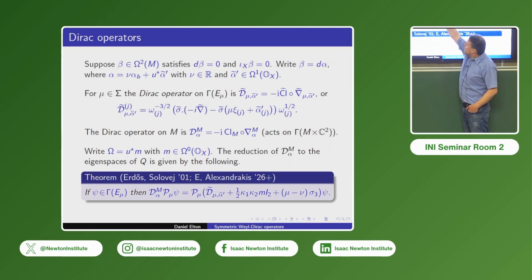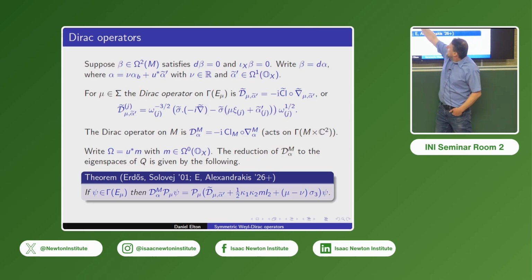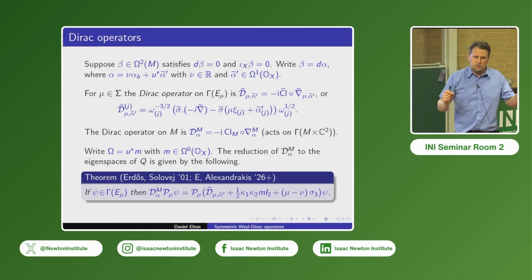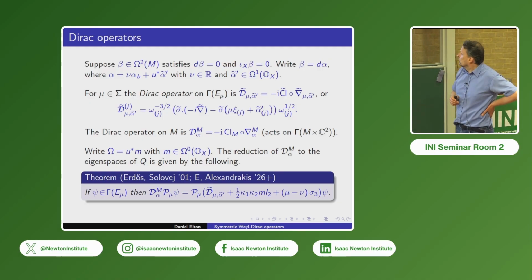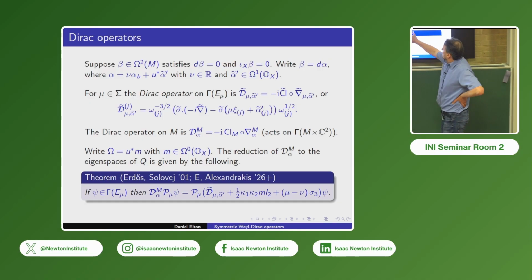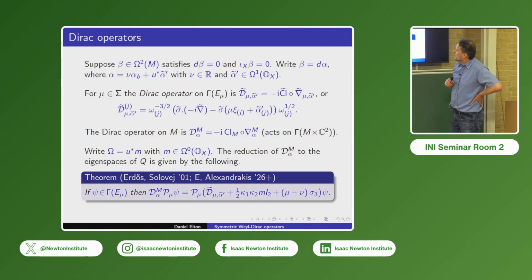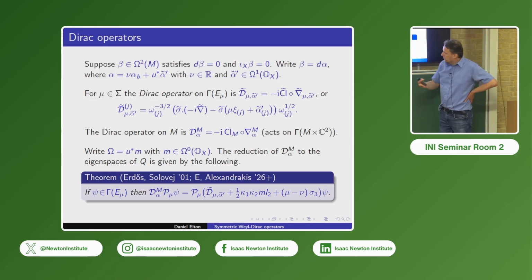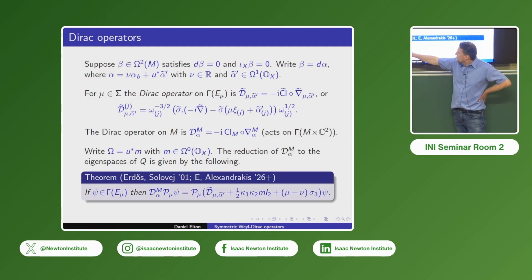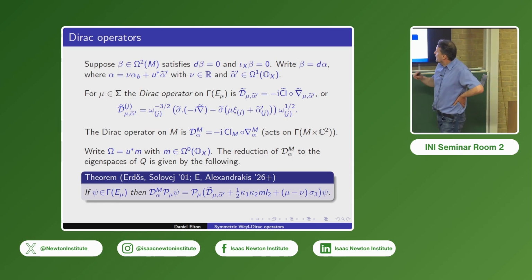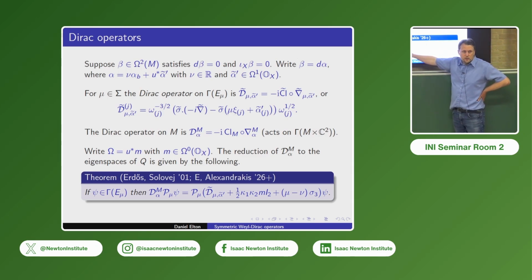Usual gradient term, the magnetic potential, and we have conformal weights on either side. It's not 1 and -2. In 2 dimensions, it's a half and -3 halves, but it's the same basic idea of conformal transformation. The Dirac operator on the 3 manifold, we can write in a similar way using that composition of Clifford multiplication and the spin-C connection. And now, with everything that's been built up, we have a very straightforward lifting result. If you apply the Dirac operator in 3 dimensions to a lift of one of these spinors from the orbit space, then that's the same as applying a 2-dimensional Dirac operator to the spinor downstairs up to a correction,